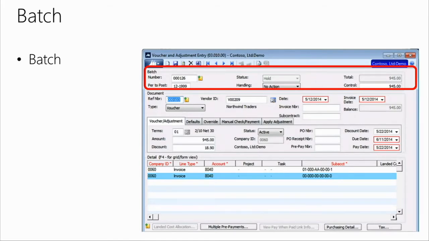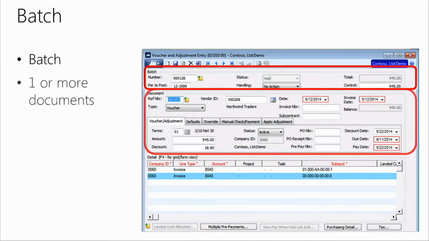And the idea of a batch is that a batch can have, in this case, multiple documents within it. So it could have one document that we're paying for a vendor. It could have 50 different documents that are associated to a batch. So a batch can be as large or as small as you want it. But just to understand that idea, a batch can have one or more documents inside that batch. What determines what the different batches are is that reference number that we've talked about in General Ledger. The reference number is important to us because that keeps us knowing exactly internally what is the reference number that we're using for this particular